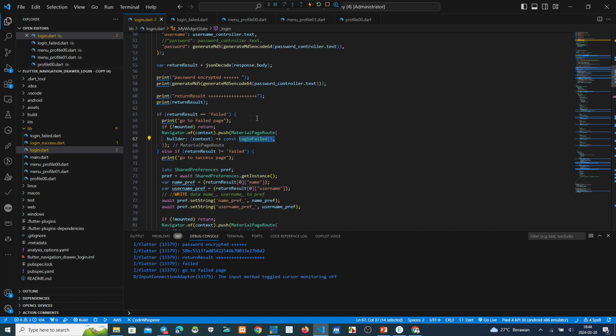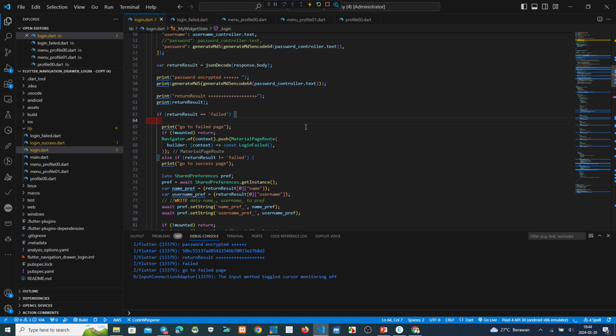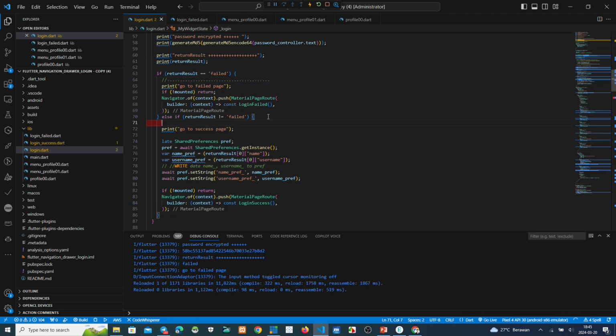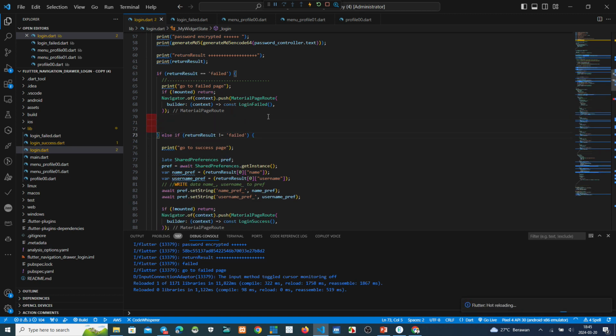If this one is login fail, go to this button one. But if login success, where is it? Not fail, this one. If login is not fail, go to this one.